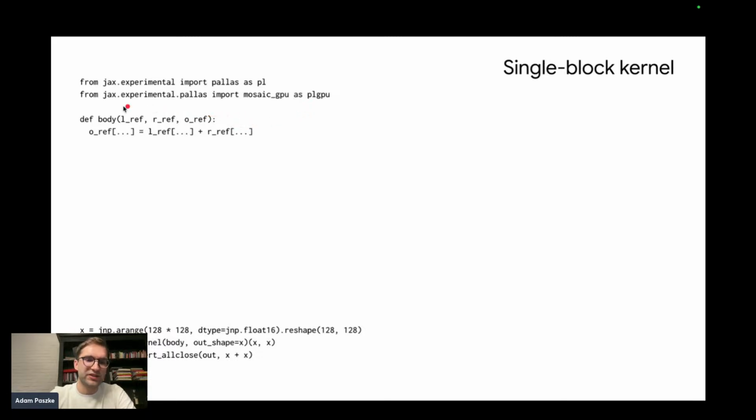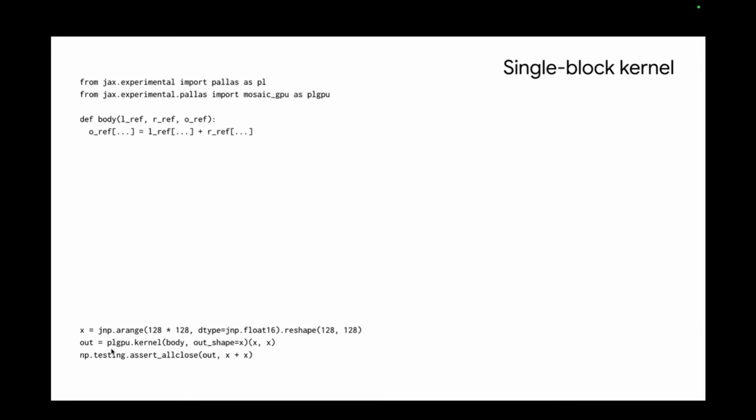And so yeah, this is the simplest kernel. As I said before, you get those references, you read them out, you write the output. We just create the input. Now here we are actually using a little helper for running a PLGPU kernel. Pallas call would work too here, but as we'll get to Flash Attention 3, which will be the culmination of this whole evolution, that one will use PLGPU kernel. So I wanted to use this one because it will also support more advanced features like having a few warp groups per block, etc. More GPU specific configuration as opposed to PL, which is supposed to be a hardware